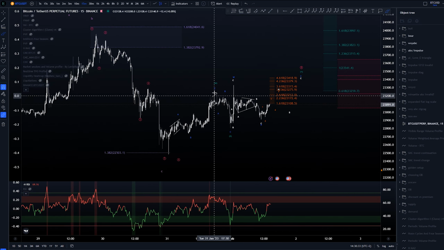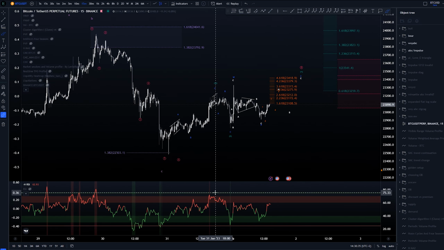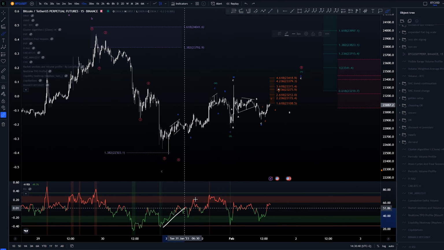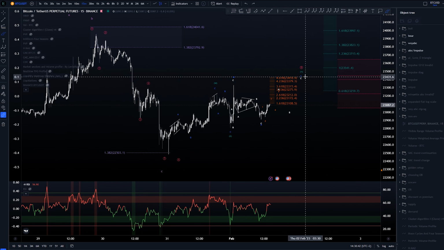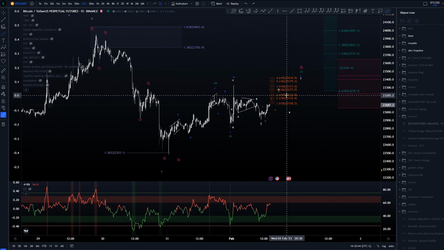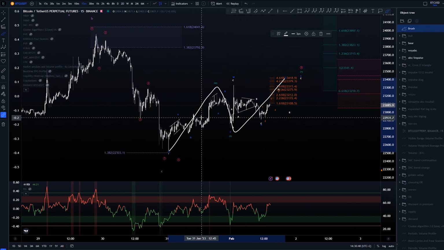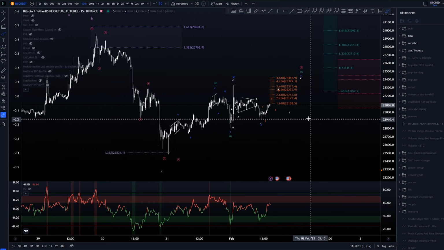If we go into the higher time frame, we can see that we would have a potential high here, another low, and then we'd be looking for another high here to create a 3-wave structure up to get to that potential wave Y, creating this W, X, and Y. I don't think that would be a very bad look.